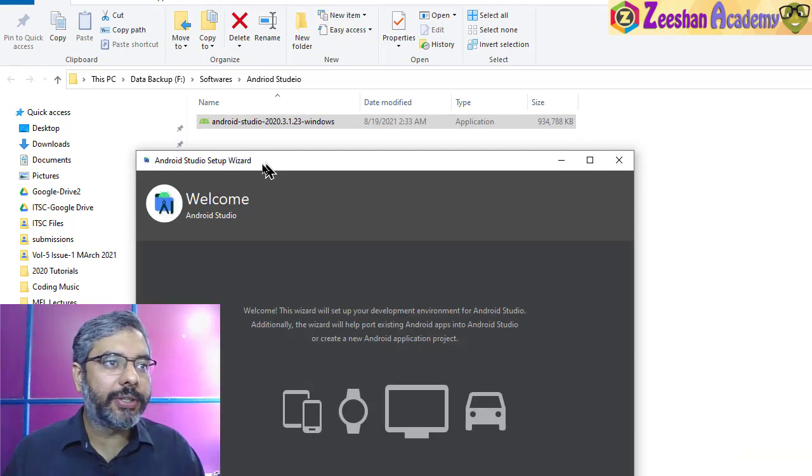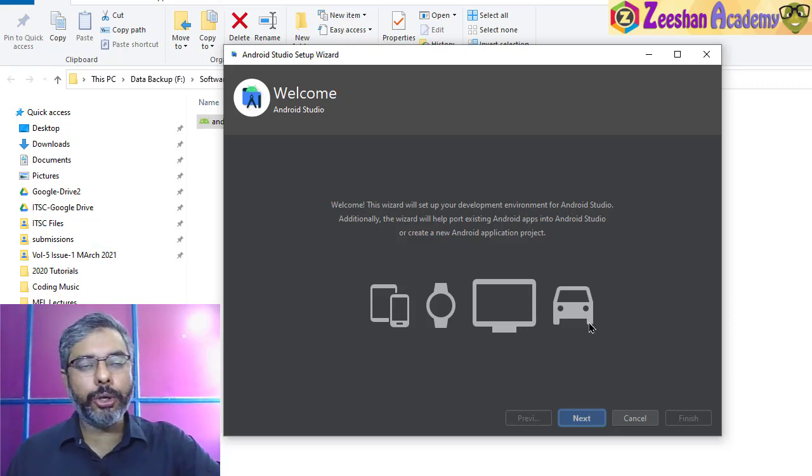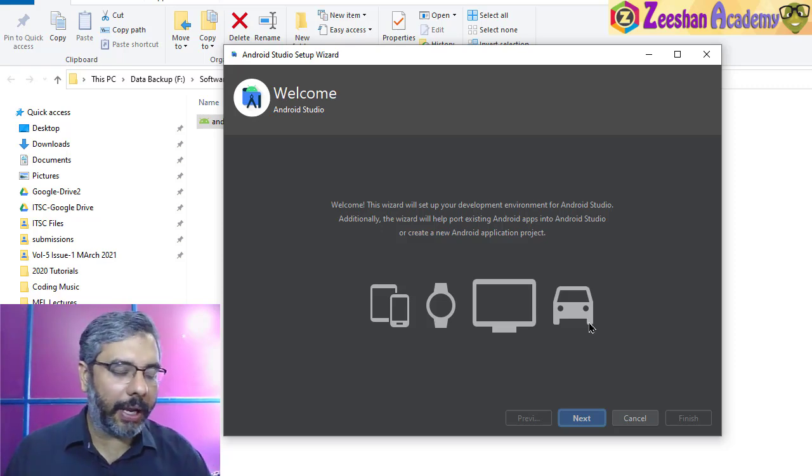Now Android Studio has started up. We have got the screen available. Okay, perfect. So if you get to this point, it basically means your Android Studio was installed perfectly and everything is working fine. You'll see there's no big issue and no big problem. You can simply download and install it.